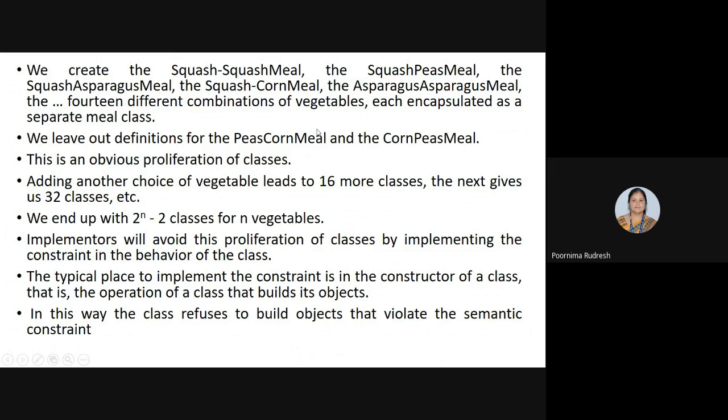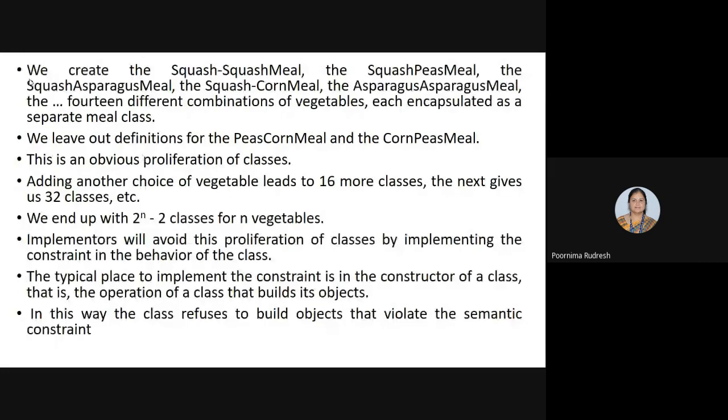And peas corn is not allowed. Similarly, then we consider the corn squash will be there, then corn peas we are avoiding, and the third one may be the corn asparagus, like that. See, in this way we are going to create a number of classes, okay, by avoiding the combination of peas corn,